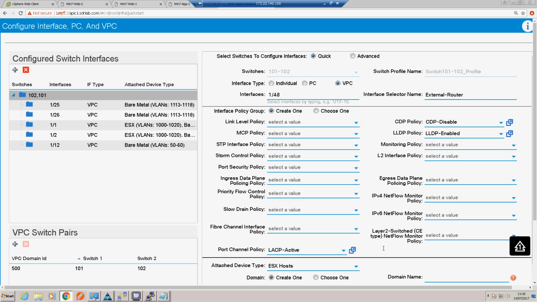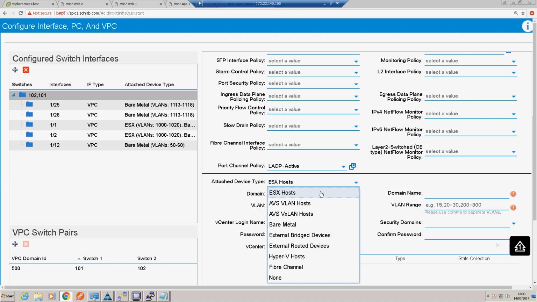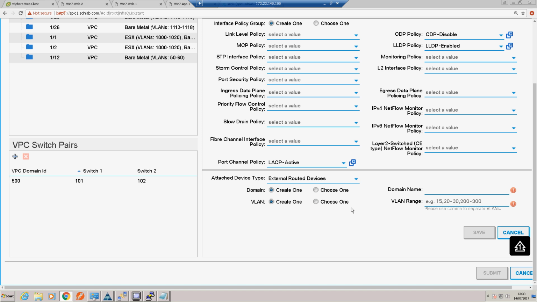Now what's on the other end of this VPC? It's going to be an external routed device, so fairly an obvious selection there for an external layer 3. We're going to create a domain name, so we'll call this external router domain, and we're going to give it a VLAN range. Now this is the VLAN that needs to match the encapsulation on the external physical router, so that was 100. We can save that